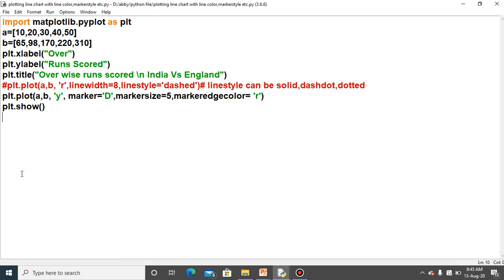So you need to practice how the line style, the marker size and the marker edge color are changed when you draw the line chart on the graph. This is very very important, because the X label, the Y label and the plot were given in last year's sample paper. So you need to practice it, but before that you need to install the Matplotlib library.